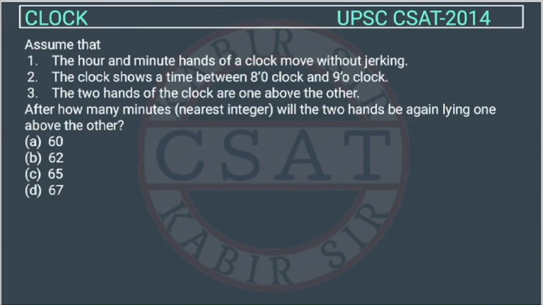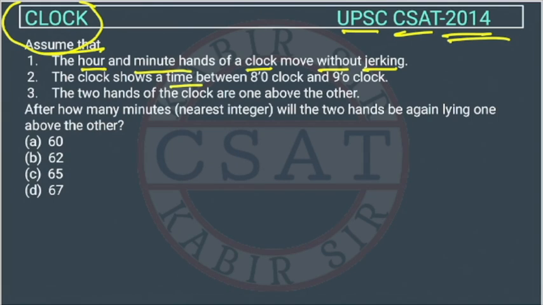So this is a question from the clock chapter asked by UPSC in the CSAT paper of 2014. Assume that the hour and the minute hand of a clock move without jerking. Second, the clock shows a time between 8 o'clock and 9 o'clock. टाइम कितना हो रहा है, 8 और 9 के बीच में हो रहा है, right? तो यहाँ पे बोला है दे आर नॉट जर्किंग, ओके। सो ये बोलना चाह रहा है कि क्लॉक सही है,